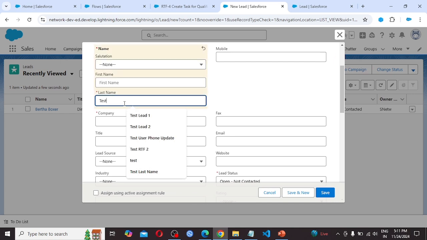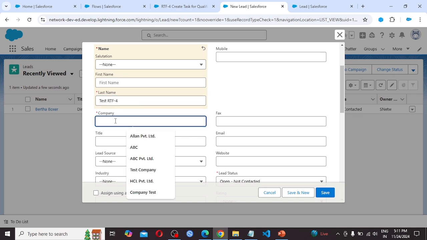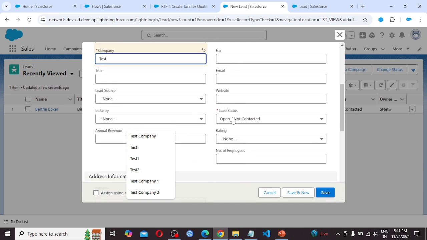So test record triggered flow 4. This is our last name I am providing, and here I am providing test, and I am going with lead status open not contacted for now.